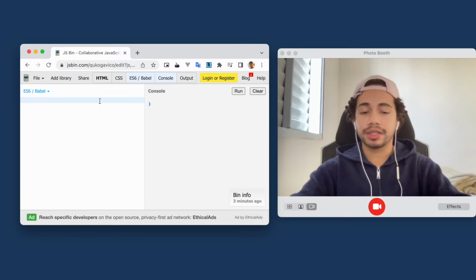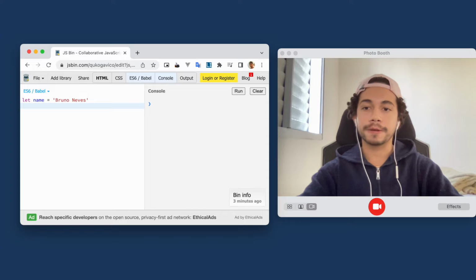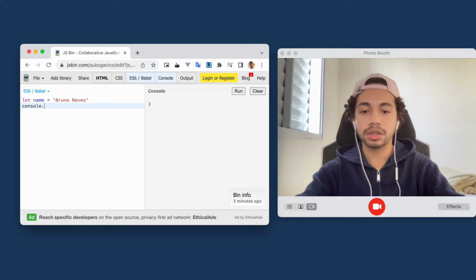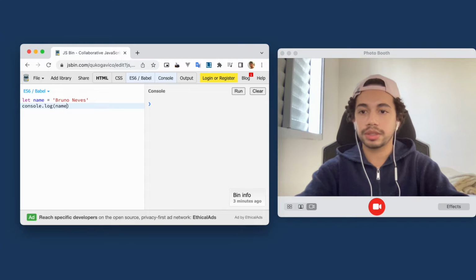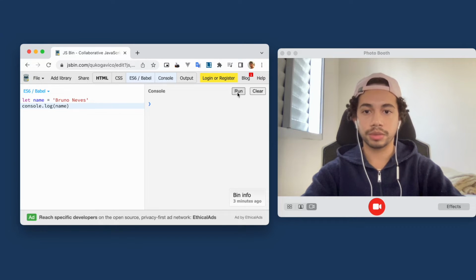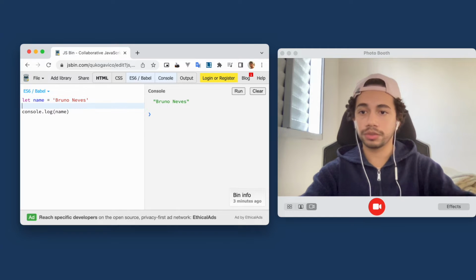Let's declare a variable here called, for example, name, and I will put here my name, Bruno Neves, and let's print this with console.log, and we can print the variable name. So when we run this, it will show my name here on the console, right? But if we want to, for example,